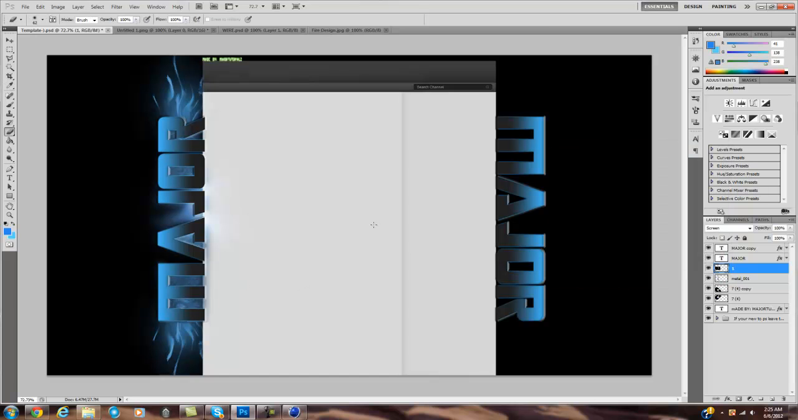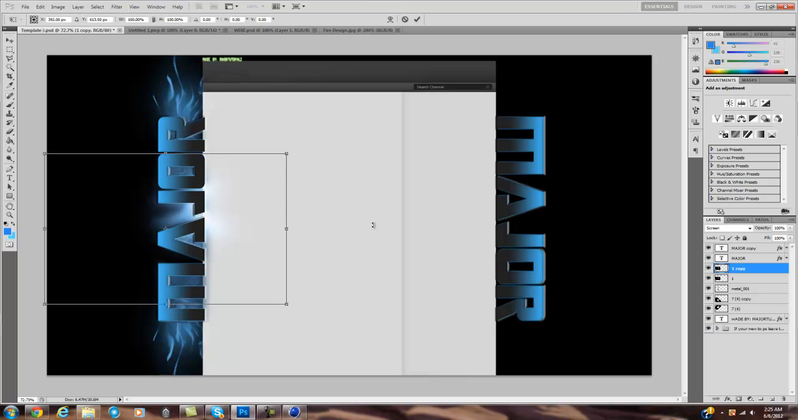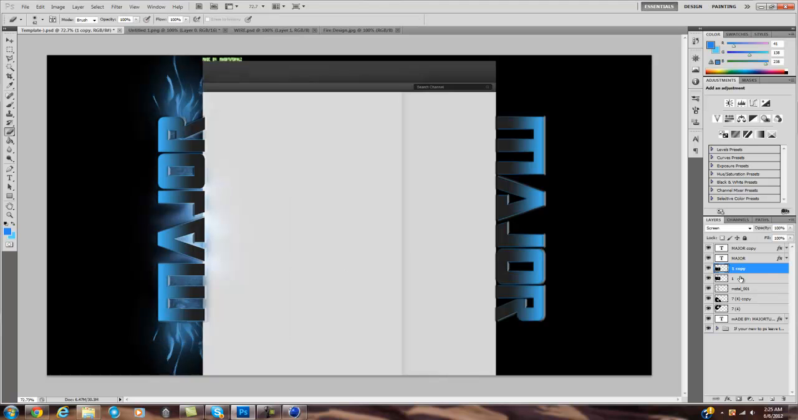Yeah, and then just Control J and Control T, or Command J and Command T if you're on Mac. And I'm going to take both of these by holding Control, and I'm going to drag them underneath the metal, just so I get this kind of effect. And this looks pretty awesome right here. Now I'm going to take all of these effects that I made right here. Wait, but first what you're going to want to do is go to the bottom